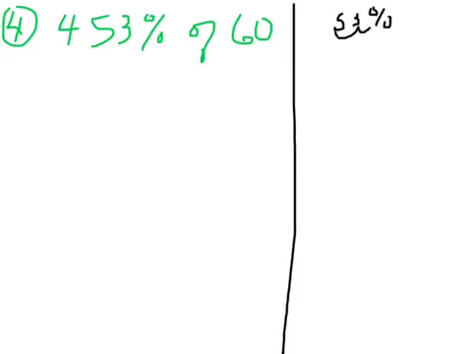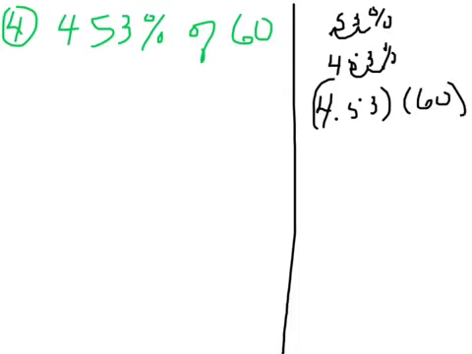We would move the decimal place over 2 spaces to the left and multiply by 0.53. So for 453%, our decimal's here. We've got to scoot it over 2 places. That would be 4.53. And in the decimal method, "of" means multiply, so we'd multiply that by 60 to get our answer. And again, that's fine if you want to use that method. Most of you are really familiar with it. You get